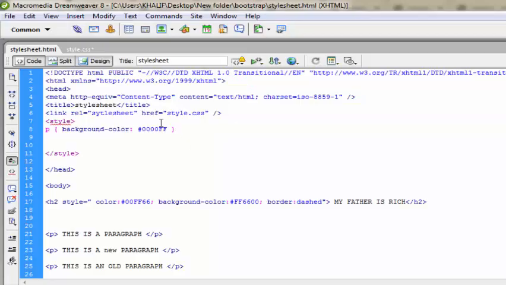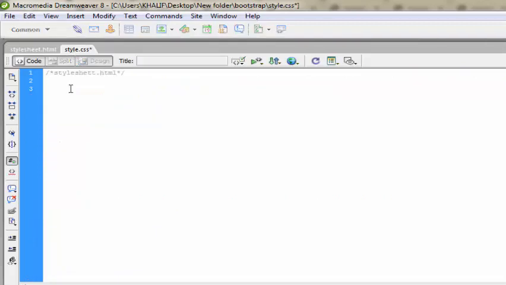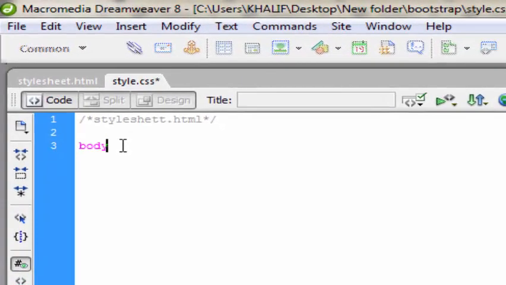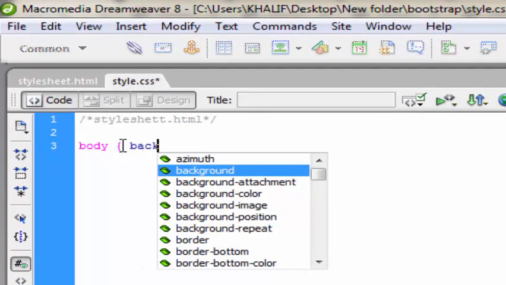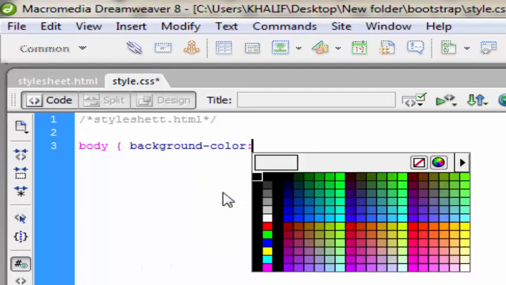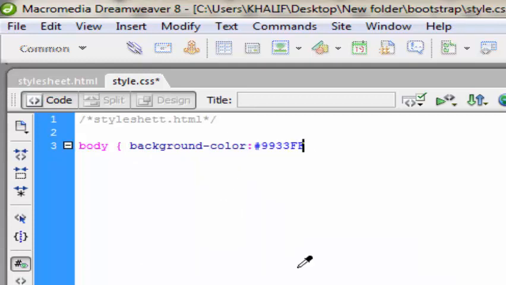Now let's go back. I want to use that background color in the new style sheet. That's for the body, the body background color. All we need to do is reference the body here, open the bracket, background color, let's give it purple, and close the bracket.